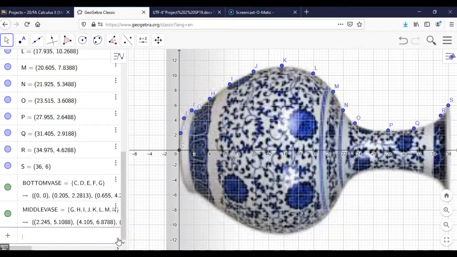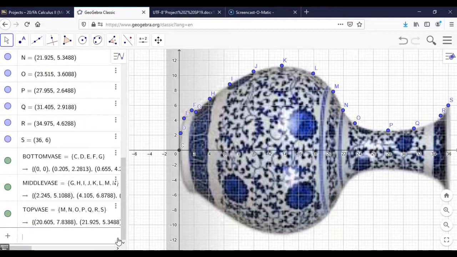So hit enter there, and then the top of the vase equals, we'll start from N and go to S. Right. Now that we have our lists, we can start to fit polynomials to the